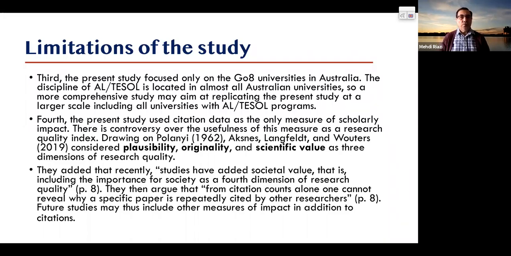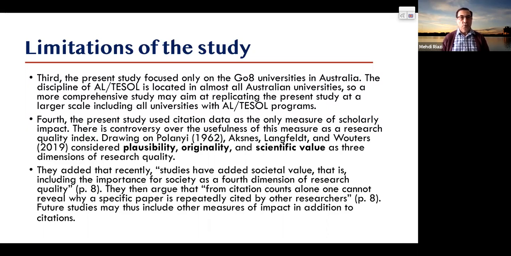There is controversy over the usefulness of this measure as a research quality index. Drawing on Hollinet, Acknes, Langfeld, and Waters, considered plausibility, originality, and scientific value as three dimensions of research quality and alternatives for mere citation of the articles. They added that recently studies have added societal value, that is, including the importance for society as a fourth dimension